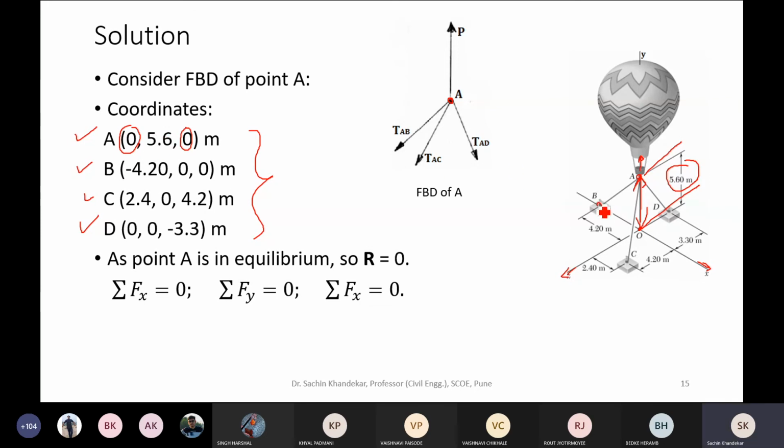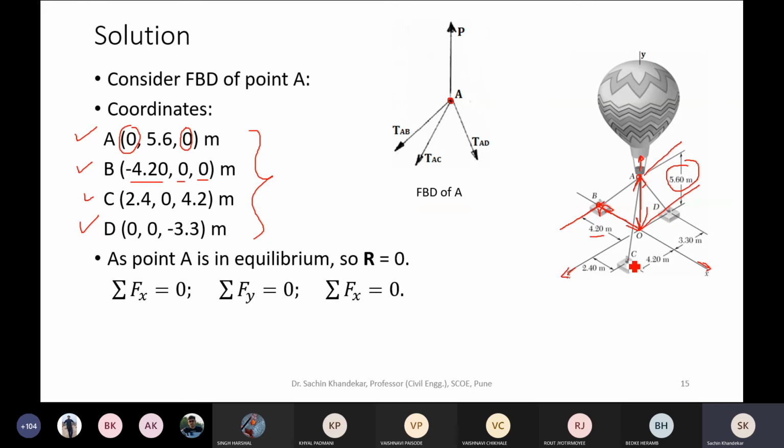Okay. Then point B. Point B is located on x-axis. Correct. See here, point B is located on x-axis. Of course, on negative side. Right. So the other 2 coordinates, that means z coordinate and y coordinate, must be 0. Okay. So then what about x coordinate? So this will be your x coordinate directly. Yes, minus 4.2 meter. As I told you, y coordinate and z coordinate is 0 because point B is in xz plane. Correct? Fine.